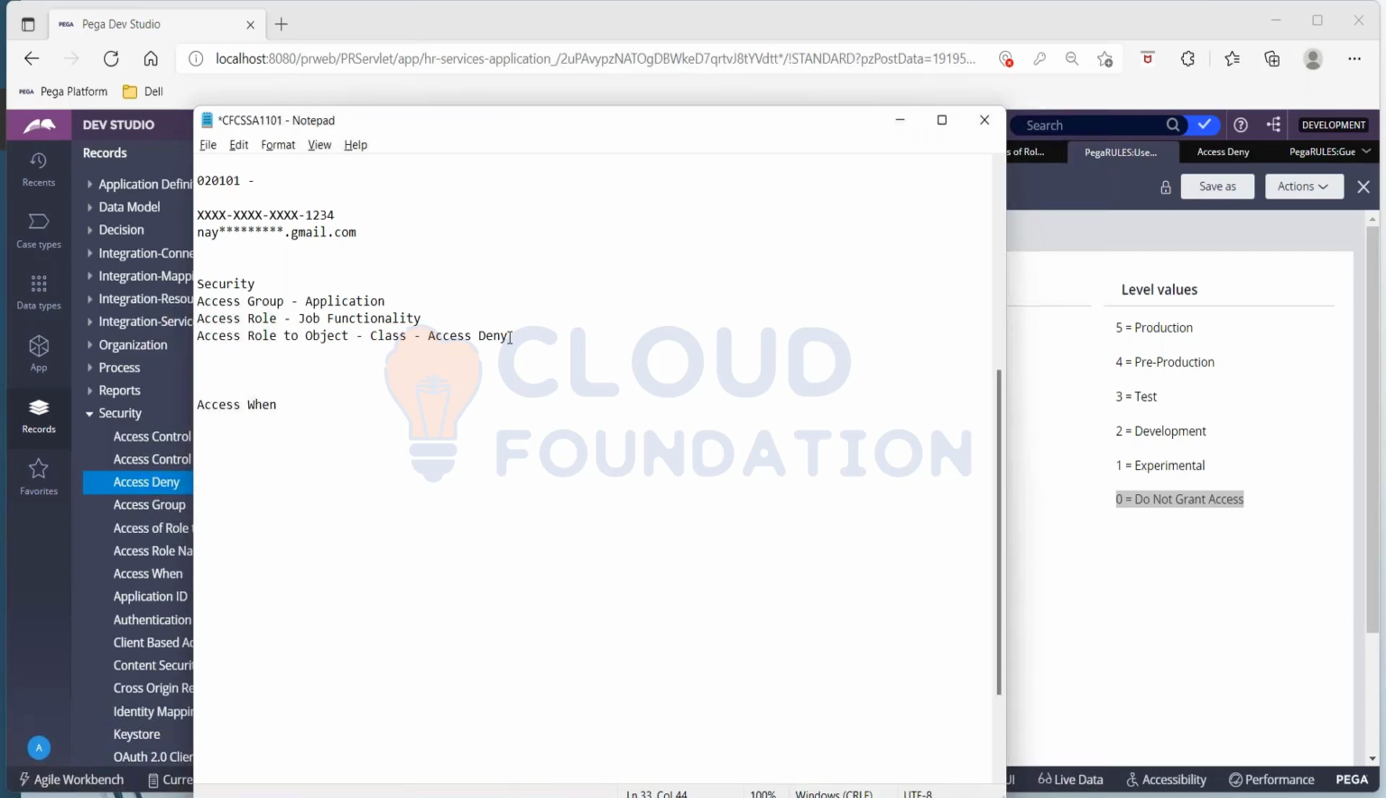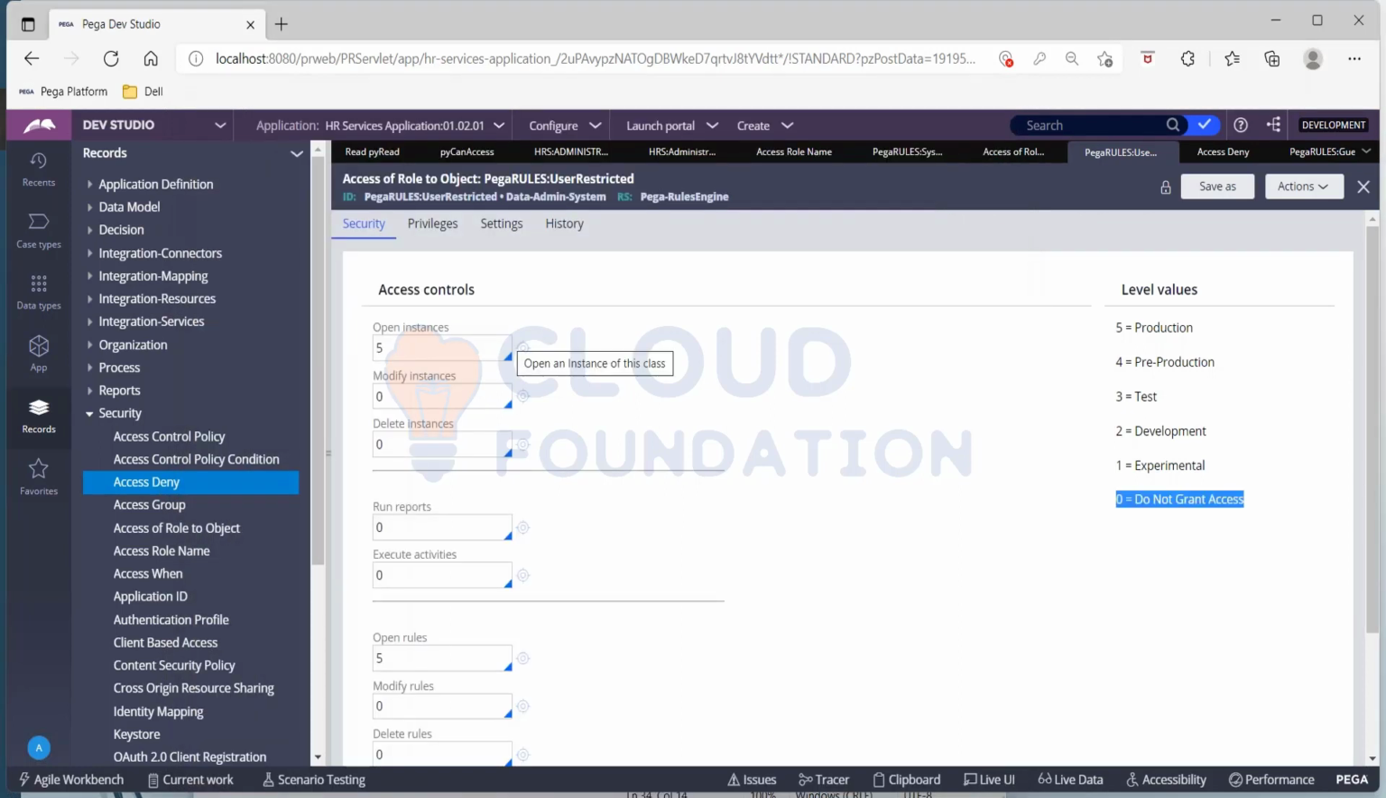Now, if I dig further, any guesses what is the next level that I'm going to restrict access on? I started with application, it went to roles, then individual classes. After that, any guesses? On individual rules. Perfect. So the next is going to be the individual rule level. For that, we have something called privileges. Privileges are applied for individual rules. So I can restrict